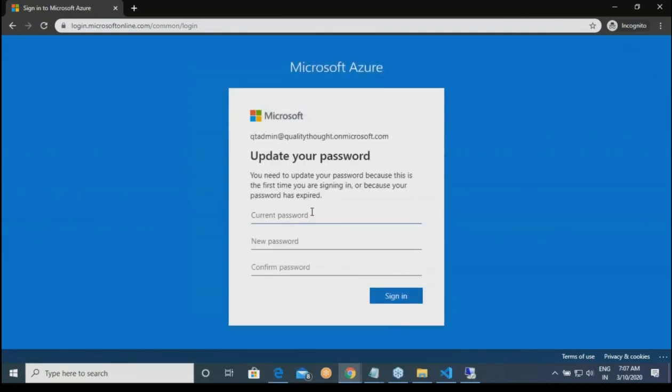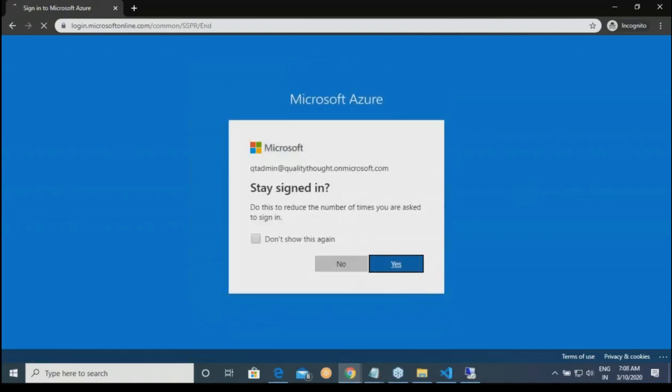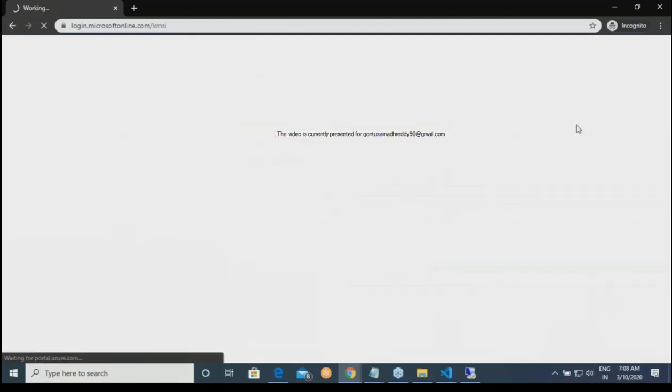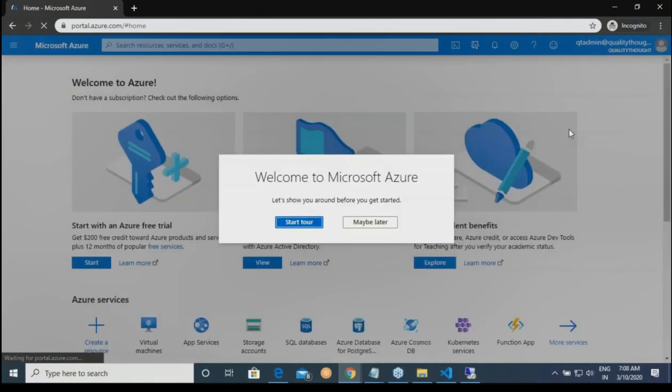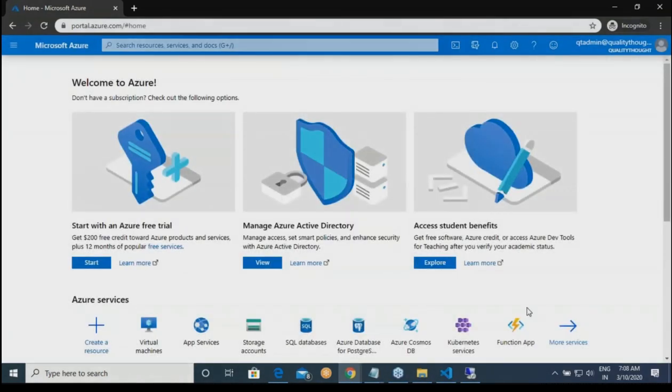For this reason, because initially when you do it for the first time, it will ask to change the password. Okay, we are all set.